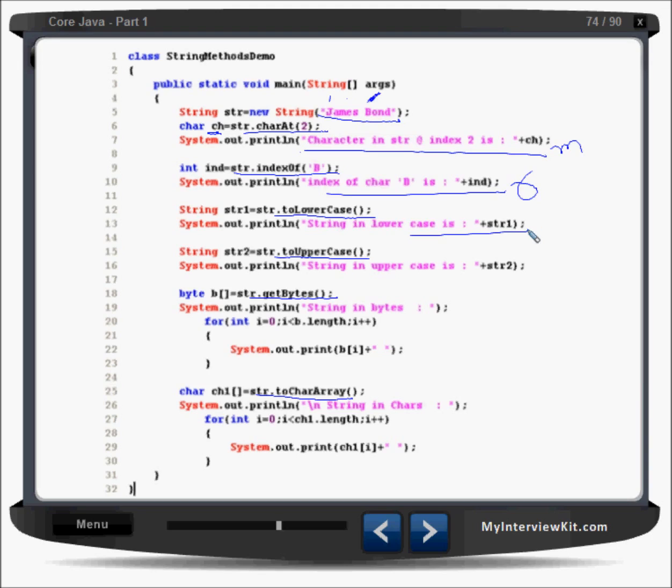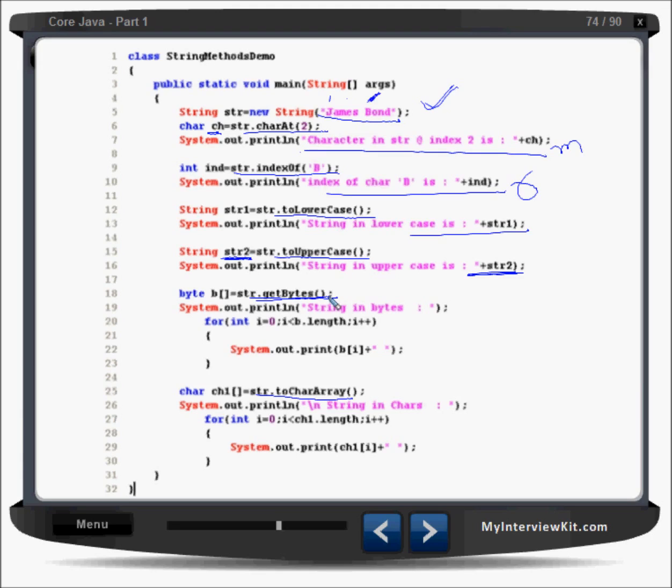We cannot change the str value. toUpperCase will convert to uppercase. So I'm taking a different new variable, a new String object, str2. If I print str2, I'll get the uppercase. But again, if I print str, I'll get the same James Bond, as explained here, right? Now getBytes will get the byte for each and every character.